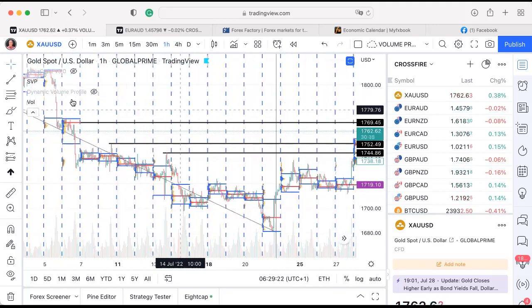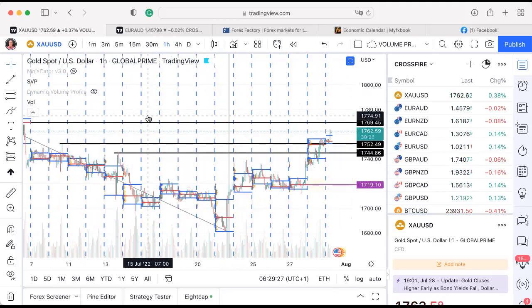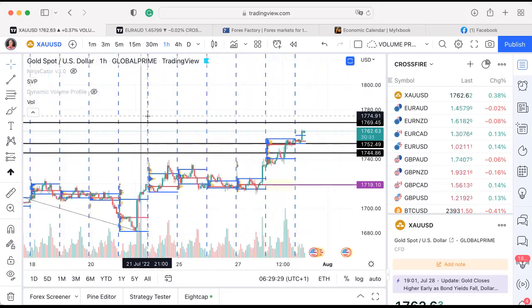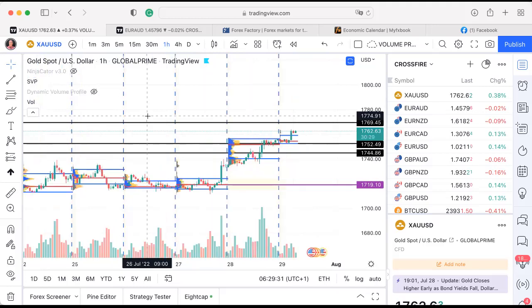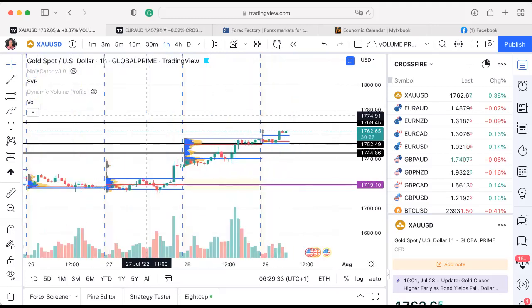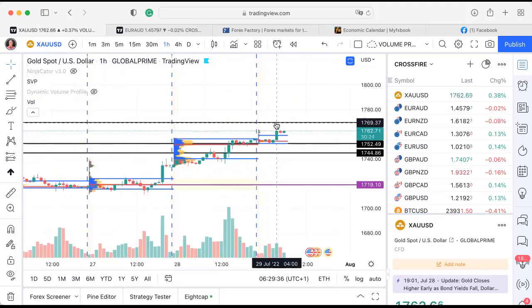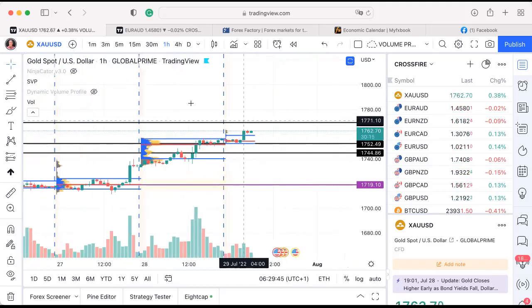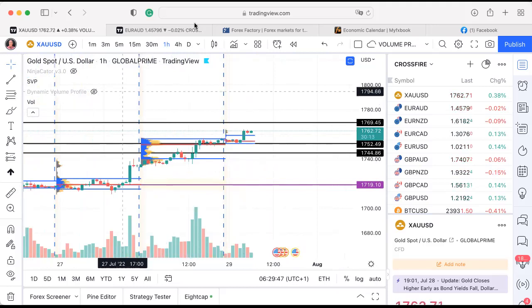I could mark a few more points of interest above current price, but it's already made one big move this morning. That candle there is quite a big one, at 4 o'clock. It made a big move yesterday at 2 o'clock, 3 o'clock. So it is steadily going back up, if anybody's watching volume profile. So we'll go back to Crossfire.